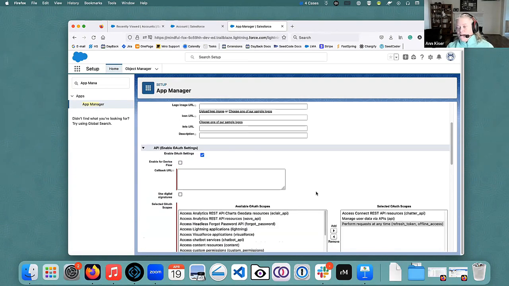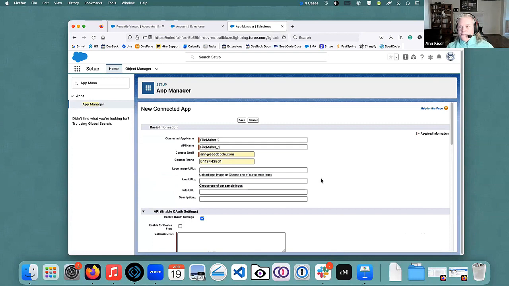That's basically the setup. I'm actually not going to save this one. I've already got one set up. It does take about 10 minutes from when you create it for that connection to actually become live. I didn't want to sit here and wait for it for 10 minutes. But otherwise you would hit save, and then it would provide to you